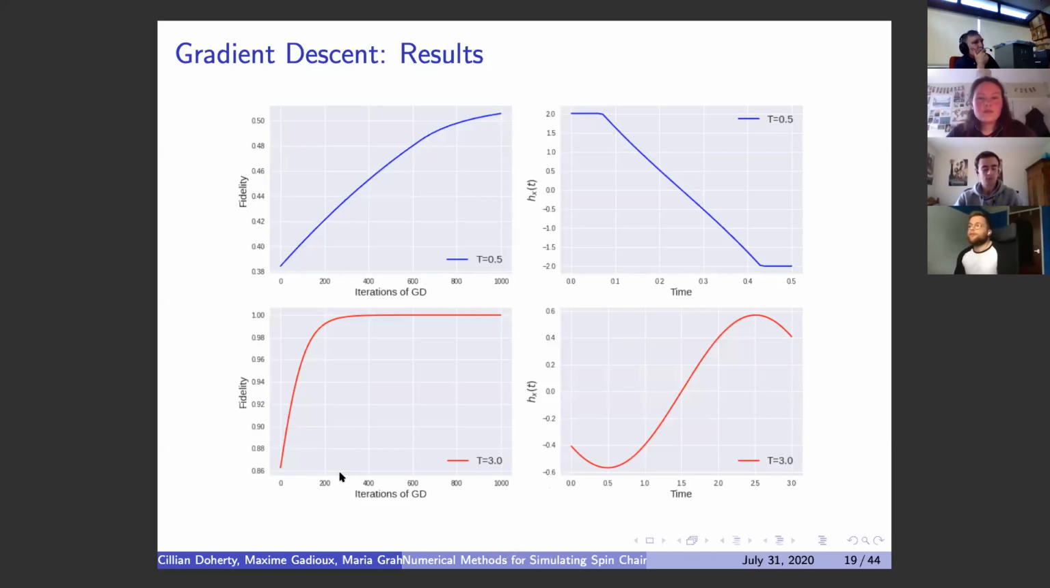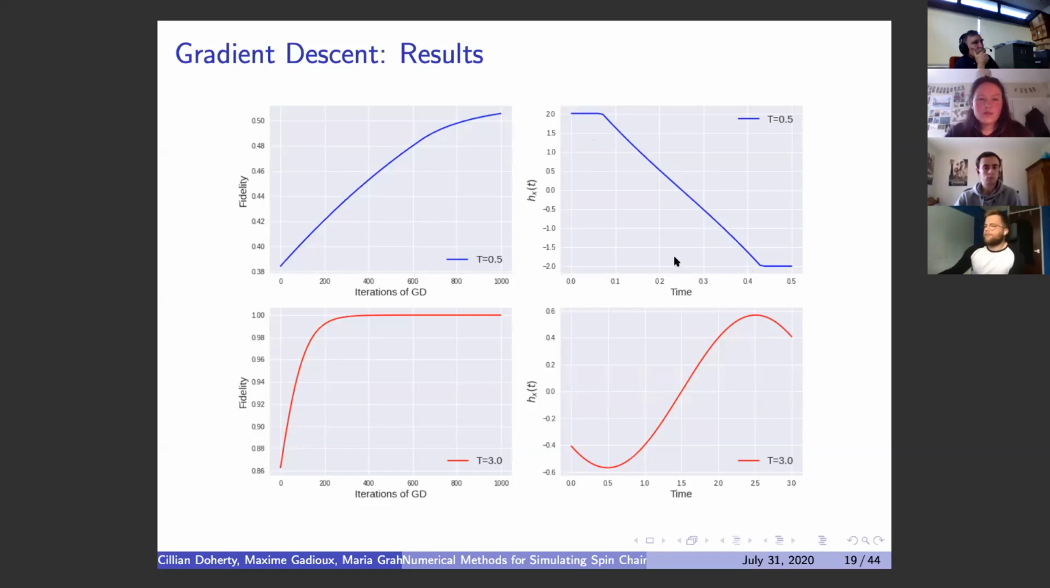So we did it for 2 different total time evolutions, the total time that we allowed the state to evolve for. This is 0.5 for the total time. And we see here we start at a fidelity of about 0.38, and it plateaus after 1,000 iterations towards about 0.5. So even after 1,000 iterations of the gradient descent, the algorithm's not able to find a magnetic field profile that can actually bring it particularly close to the target state. And this is the magnetic field profile that we see it generate. It starts at 2, jumps down to -2 in quite a sort of